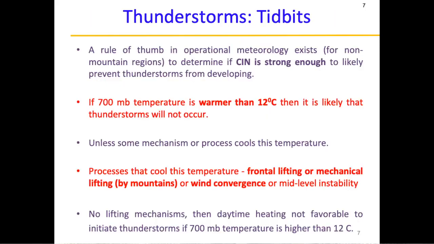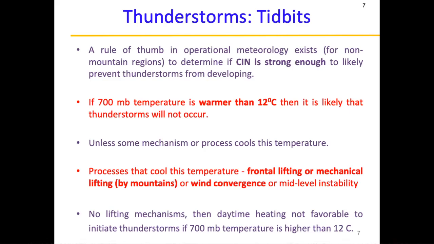Some tidbit: a rule of thumb in operational meteorology exists for a non-mountainous region, I'm not talking about mountains, in a flat plain, to determine if the CIN, which is the convective inhibition, is strong enough to prevent a thunderstorm. A thunderstorm is not possible if the 700 millibar temperature, so 700 millibar is around 3 kilometers from the ground, so the temperature of the environment at 700 millibar, or 3 kilometers from the ground, is